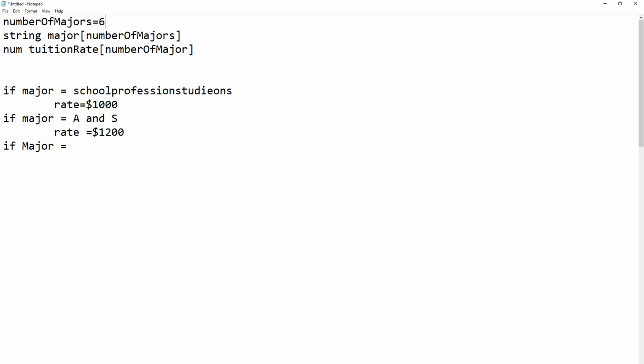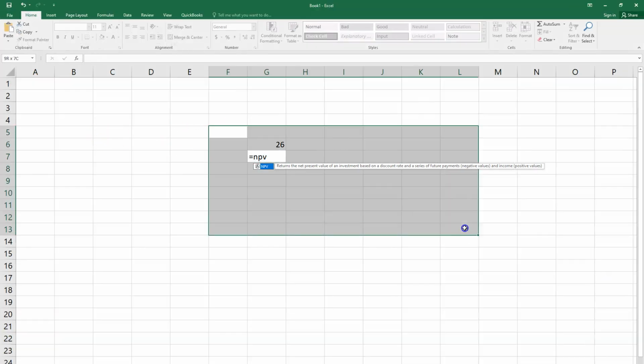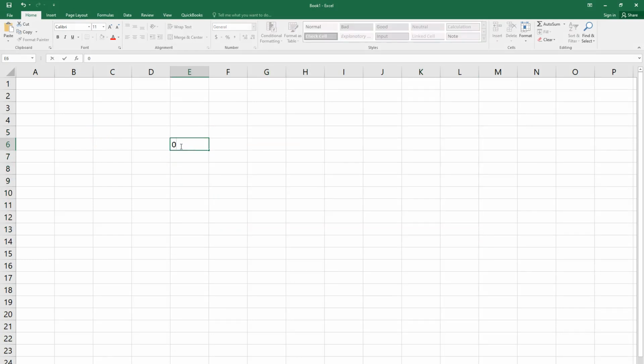So let me put this in Excel just so it makes maybe some more sense. So wipe out what I've got. I've got these, and I'm going to label it bucket 0, bucket 1, bucket 2. So right there are 3 buckets. And so our major might be, I'm just going to shortcut on professional studies, arts and science, and education. They have a tuition of